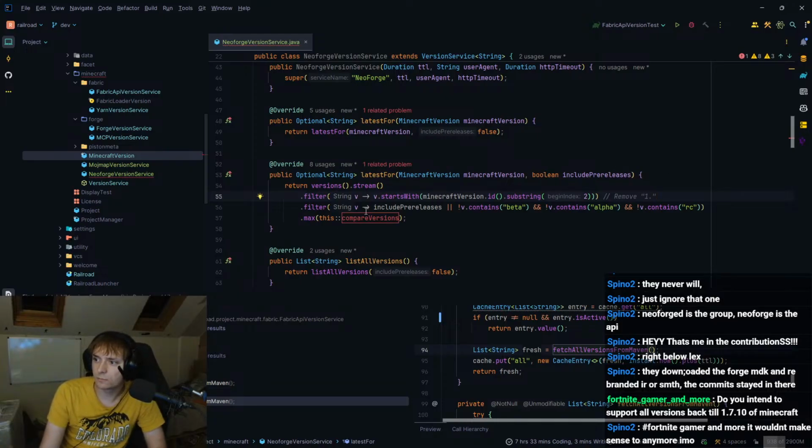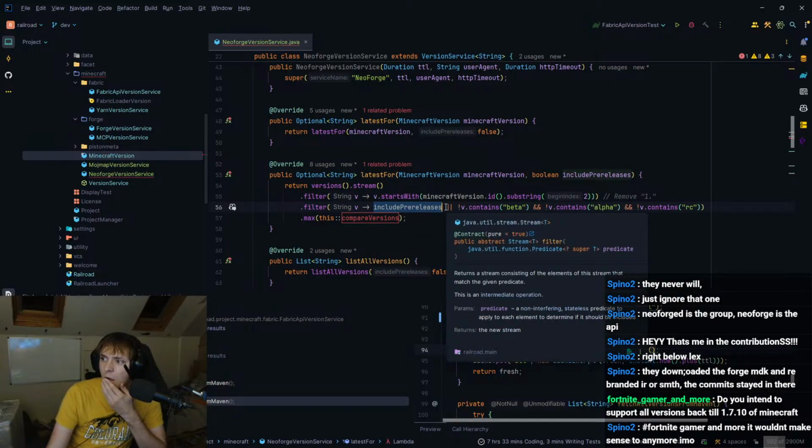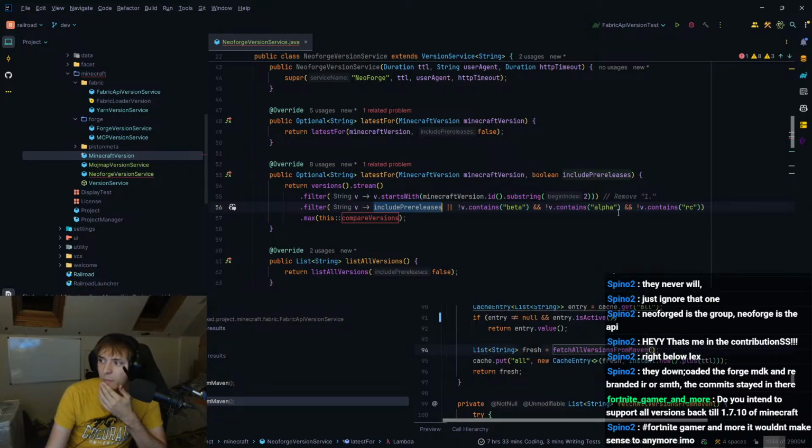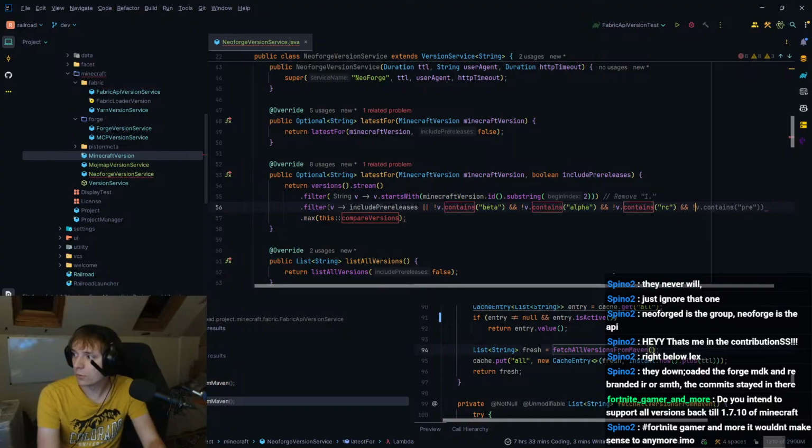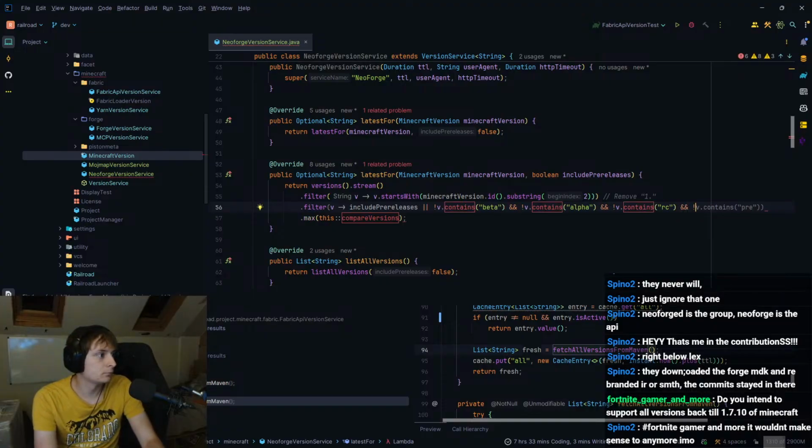And then if it includes pre-release and so on, or not beta, not alpha, not RC, and not, what's the snapshot?